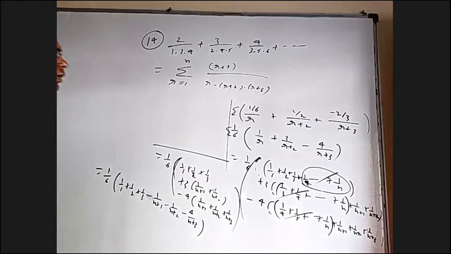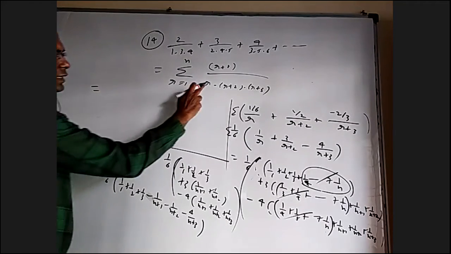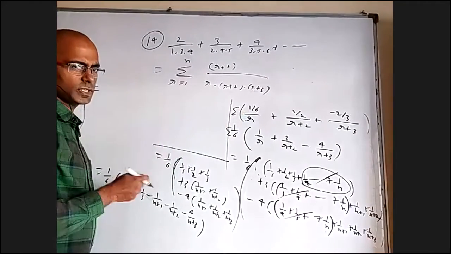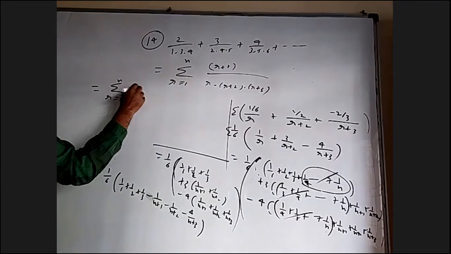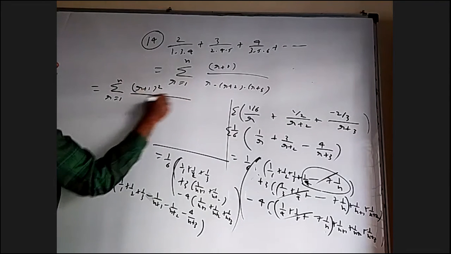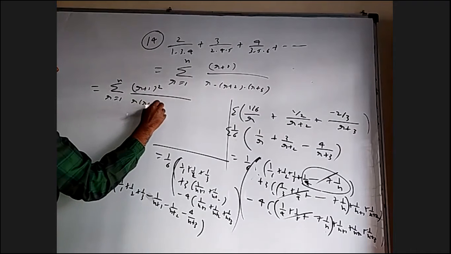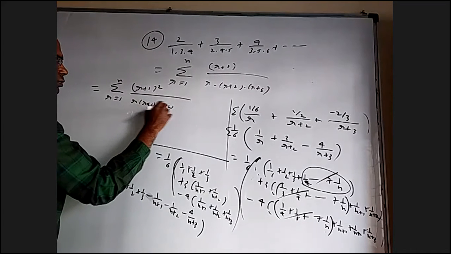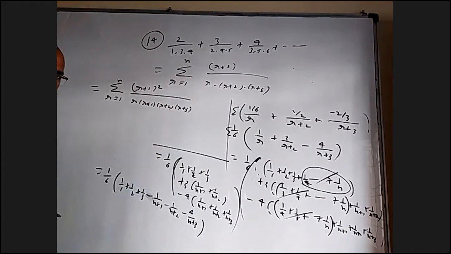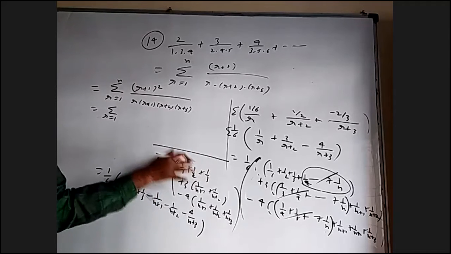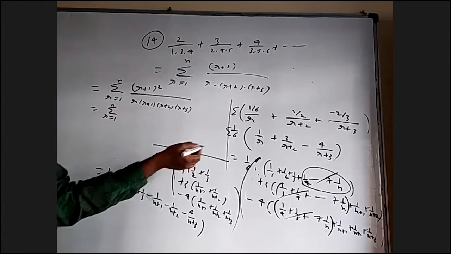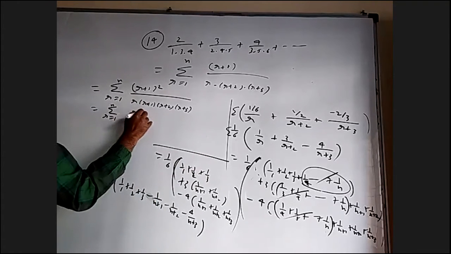Okay. I'll tell you even how to get that. Here in the proper series, r plus 1 is missing. So let me multiply and divide with that. Sigma r equal to 1 to n, r plus 1 whole square by r into r plus 1 into r plus 2 into r plus 3. Now I have to get an idea specifically. This is not a routine standard method. That means with a standard method it is easy to identify what to do. But here it depends on the question. You have to carefully adjust.